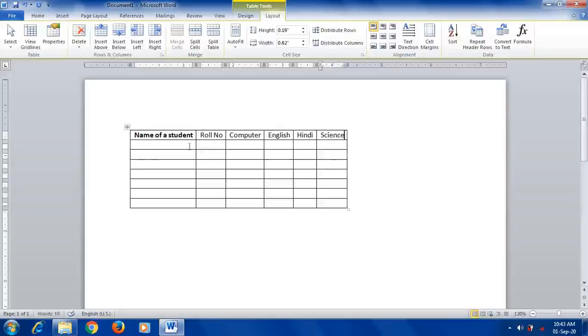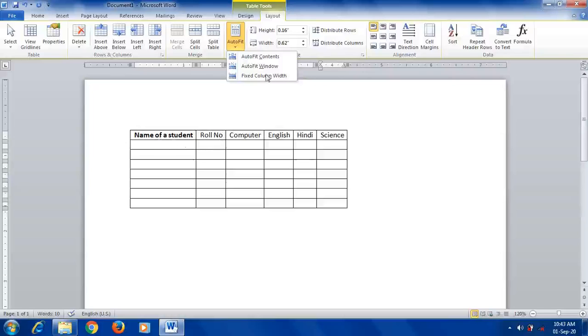You can observe the width is not the same for all the columns. This is because of auto fit contents. Got it? In auto fit contents, it adjusts the column width according to the data entered. So according to the data we have entered here, the width gets adjusted. So that is auto fit contents.